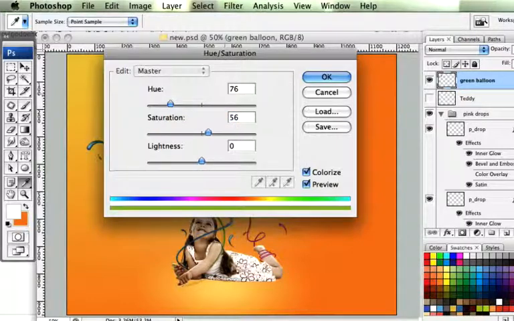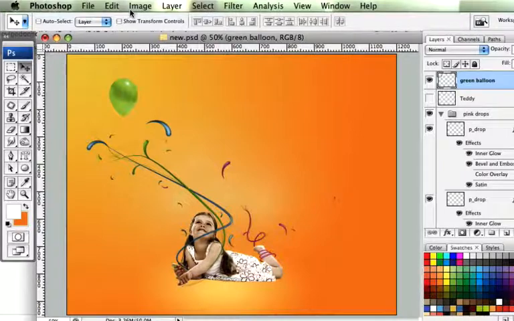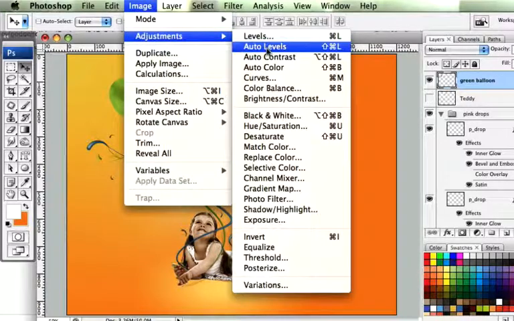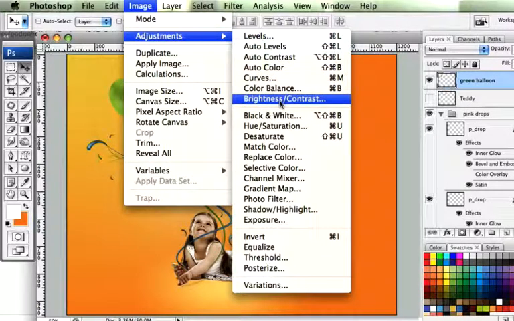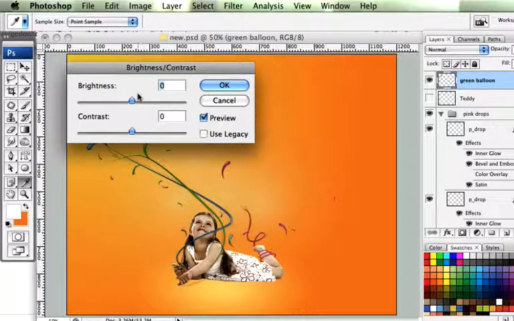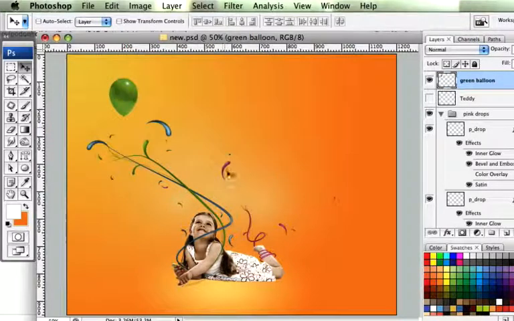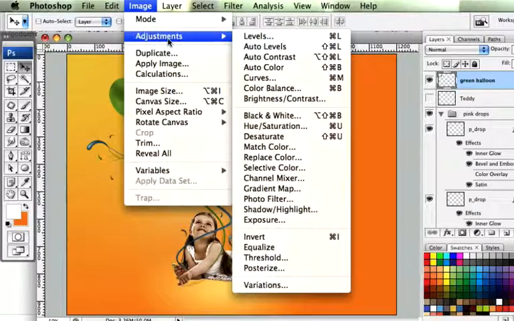Leave lightness at 0. Click OK, and then we're going to go back to Image Adjustments, and then we're going to come down to Brightness and Contrast. Set the brightness to -42 and 21 for the contrast. Click on OK, and then Image Adjustments again, and we're going to go to Selective Color,